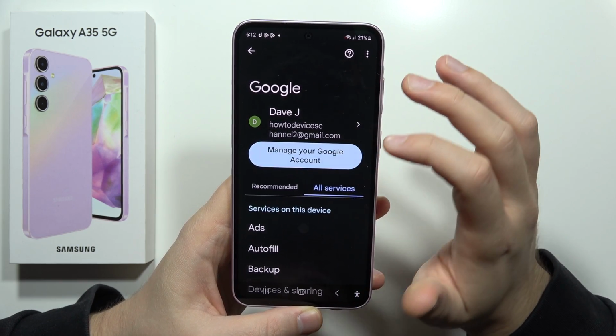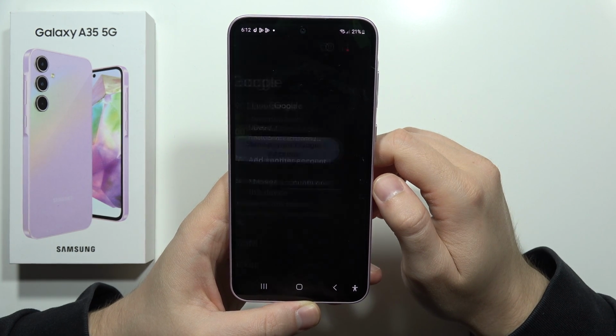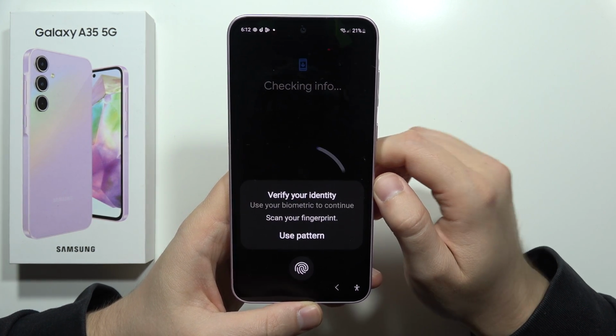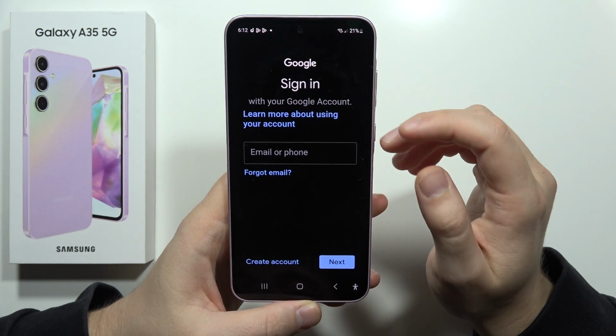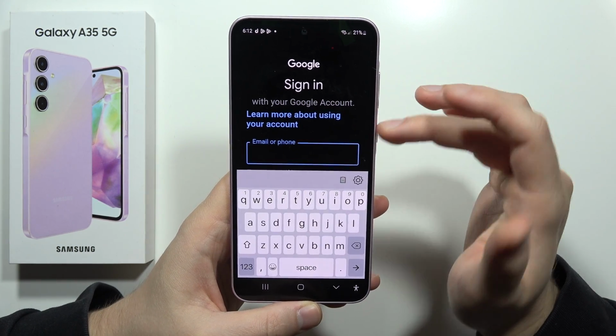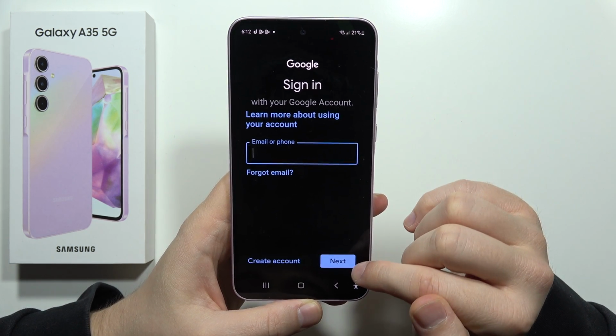So you have to click to manage your Google account. On this arrow, and click to add another account. Now you have to wait and input your screen lock method. And from this, all you have to do is just input your email by using the keyboard for sure. And after this, you have to click next